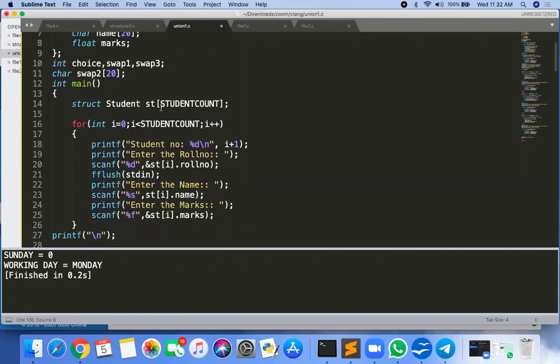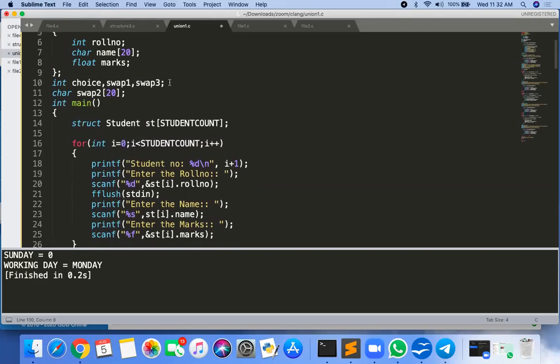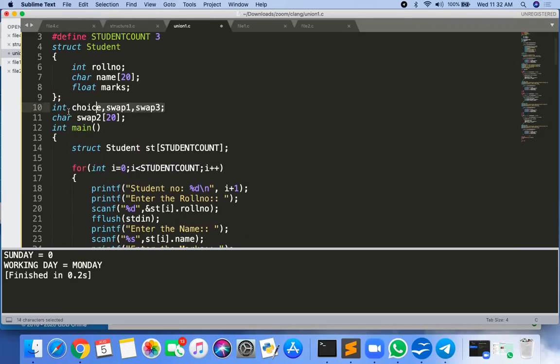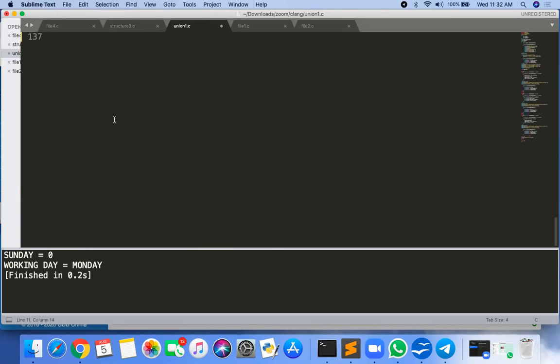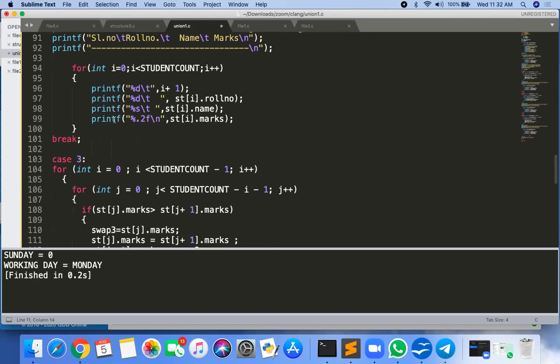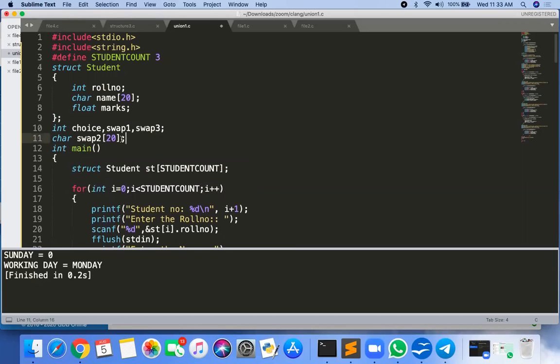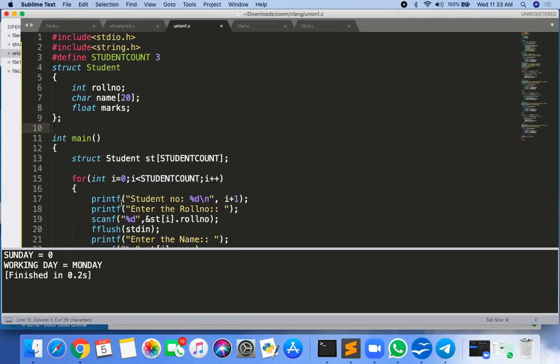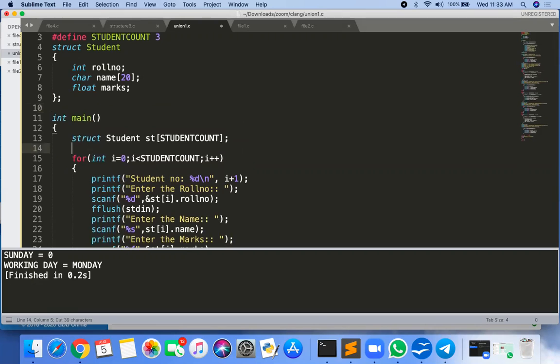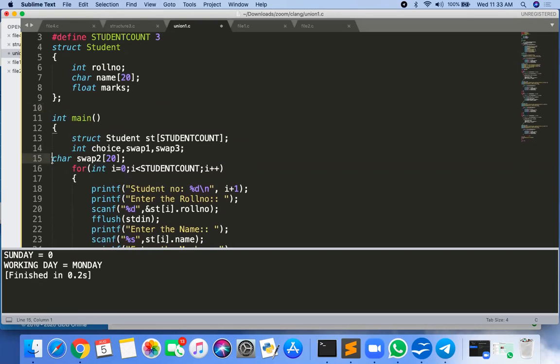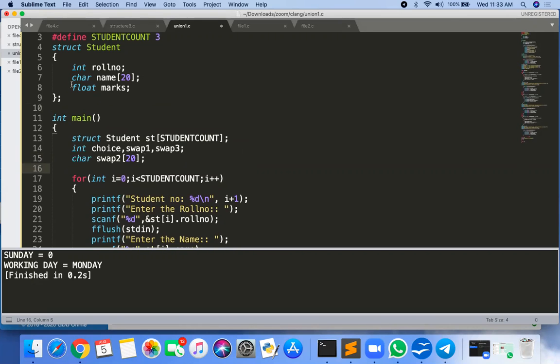So why is choice global? Why is swap global? Because only one main function is there. If there is only one main function, there is no need to give global members here. It should be local. A member is global only when those variables are accessible to all the functions; only then make that variable global.